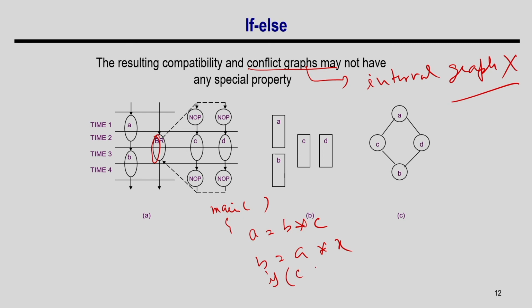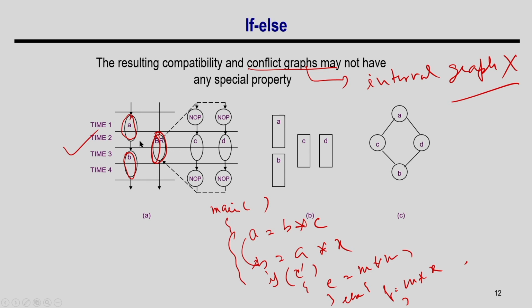If some condition holds, you do C equal to m plus m into n, else you do f equal to m star x, some arbitrary operation I am trying to make. If this is the code, the schedule might be like this, because I have a dependency from A to B, so I will schedule them in different time steps. But this if else does not depend on any of these two operations, because all these operations are independent of them. So, I can schedule it in parallel to these operations.